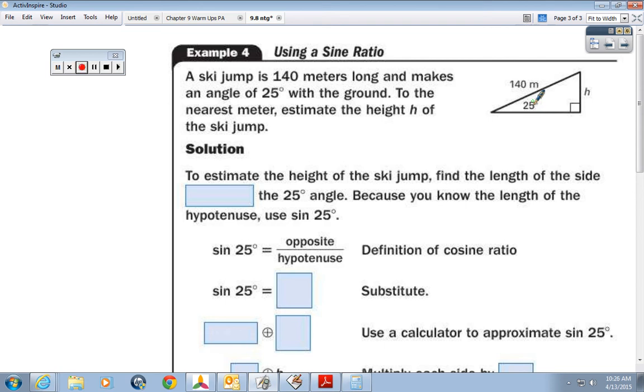It was good times. A ski jump is 140 meters long and makes an angle of 25 degrees with the ground. To the nearest meter, estimate the height of the ski jump. Okay? It says to estimate the height of the ski jump, find the length of the side that is opposite of 25. Because you know